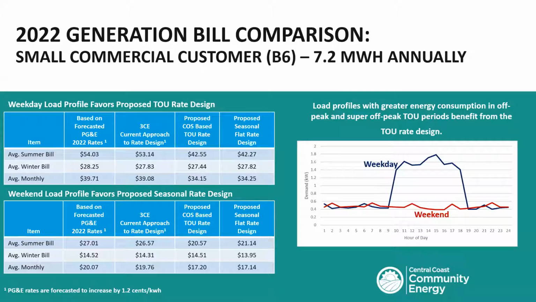And what we've done here is look at a comparison for this customer, an actual 3C customer. We looked at their average summer bill, their average winter bill, and then an average monthly bill. And you can see the boxes on the left are looking at the comparison of the calculation of that bill. And again, this is just for the generation portion, right? Because PG&E continues to serve this customer, provides the delivery services, the customer services, and the like. So those are in addition to what you're seeing here.